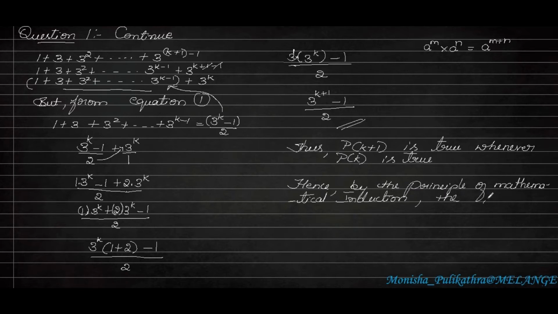the statement, the question or the statement which they have given, that statement is equal to p of n. We have already assumed that the statement is equal to p of n, and that statement is true for all natural numbers n. So the conclusion is compulsory. After solving the problem, you have to write the conclusion for all natural numbers, that is n belongs to capital N. Capital N is denoted as natural numbers. I hope you understood this.